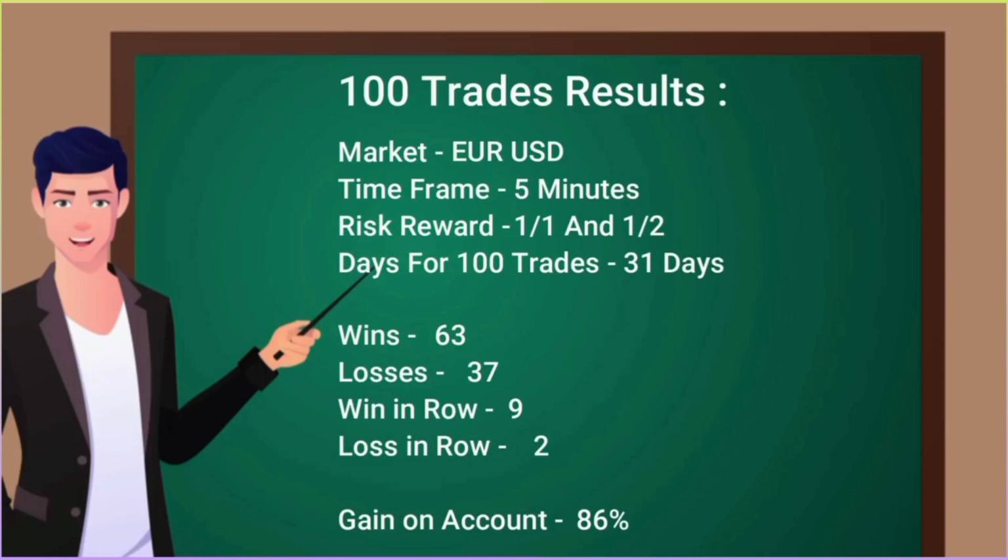That means if you had a $1,000 account, you can gain at least $800 profit using only one currency pair. The good thing about this strategy is that you only have to risk